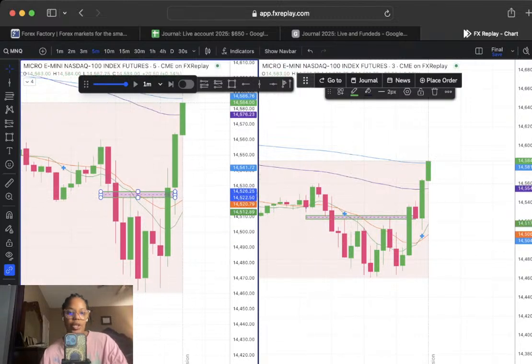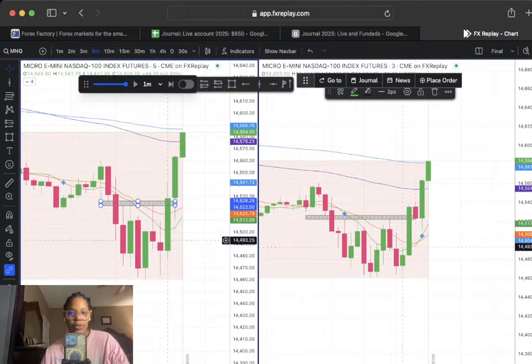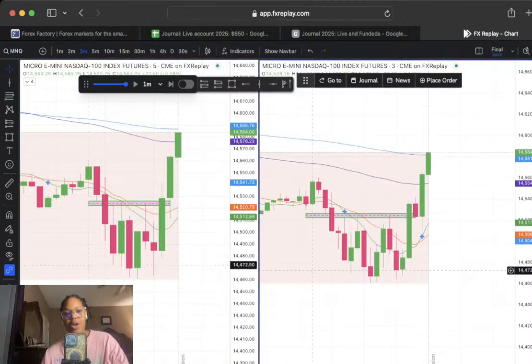How do I practice? Any broker has paper trading. That's the good thing about trading. It's the only business model that lets you practice. Just pick a broker, whether it's TradingView, Ninja Trader, Thinkorswim, whatever, all of them have paper trading, so you don't even have to pay for anything.